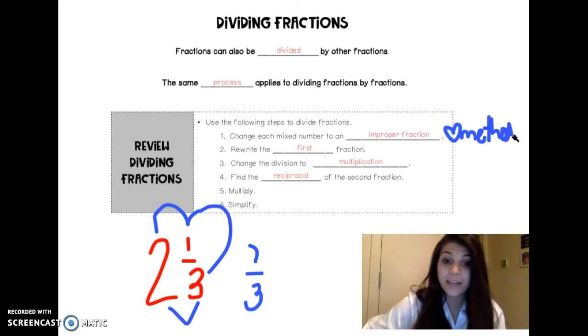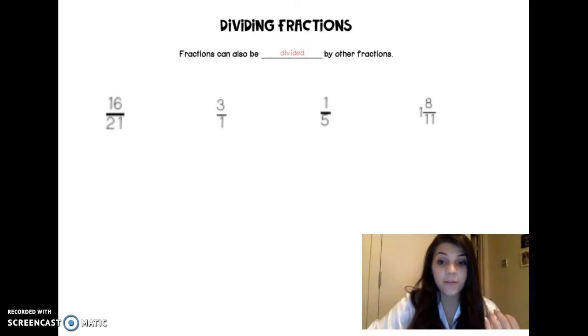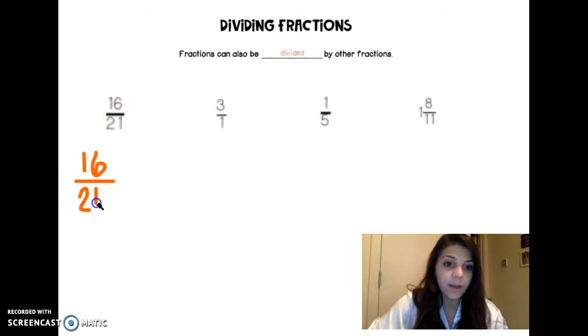So let's run through this with an example. Okay, but before we dive too deeply into this, I want to review really fast the word reciprocal. So we learned in my other video that whenever you have the reciprocal of something, it's the opposite. It's whenever you multiply a fraction by its opposite to get the number 1. So for example, we have the number 16 over 21 here. So if I take 16 over 21 and I multiply it by its reciprocal, which is its opposite, so 21 over 16,